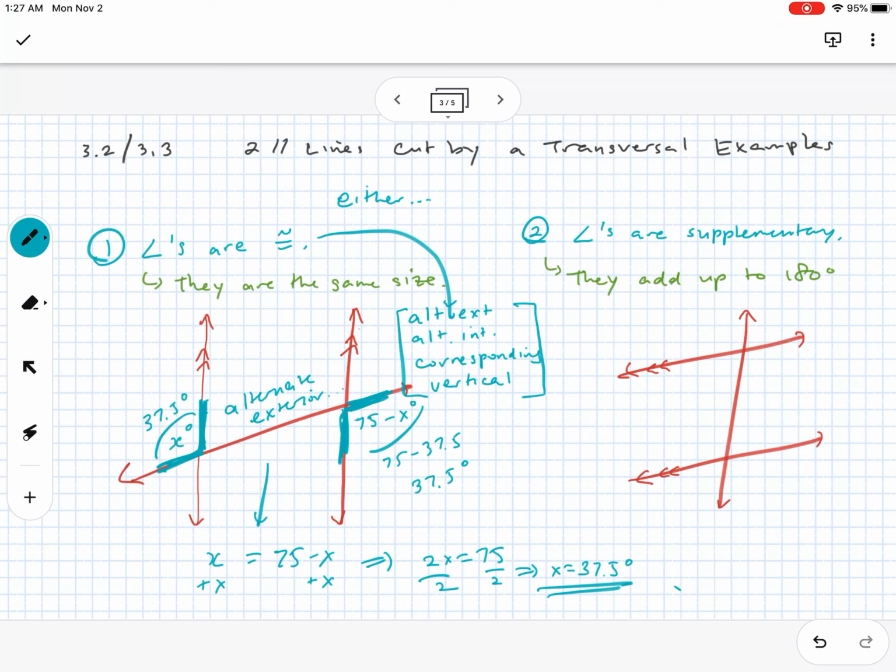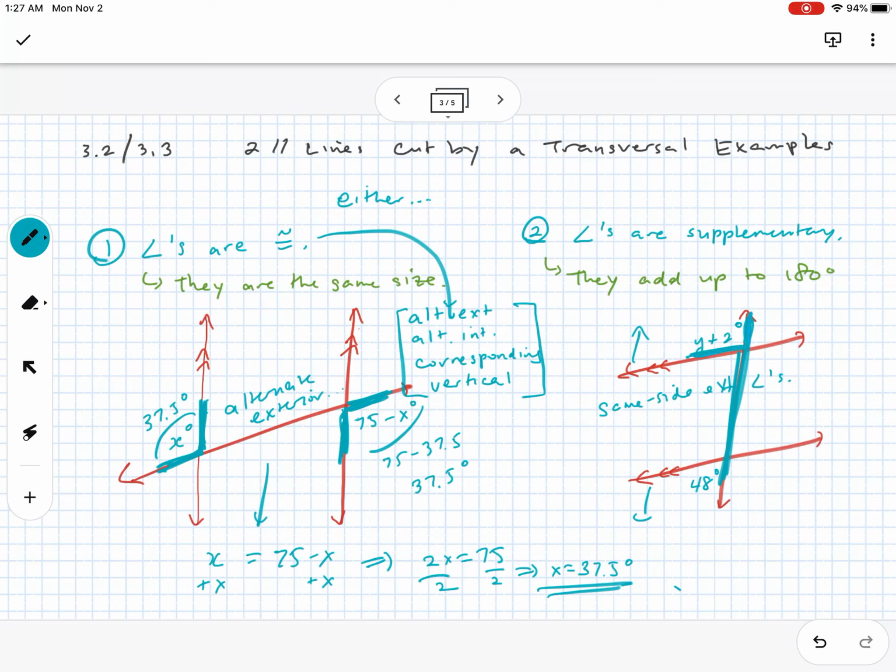Like this. And then they're cut by a transversal like that. So if we say, for example, this right here would be, let's say, y plus 2. Okay, and then let's say this guy would be 48 degrees. All right, so these guys are both exterior, and then they're on the same side of the transversal. So these would be an example of same side exterior